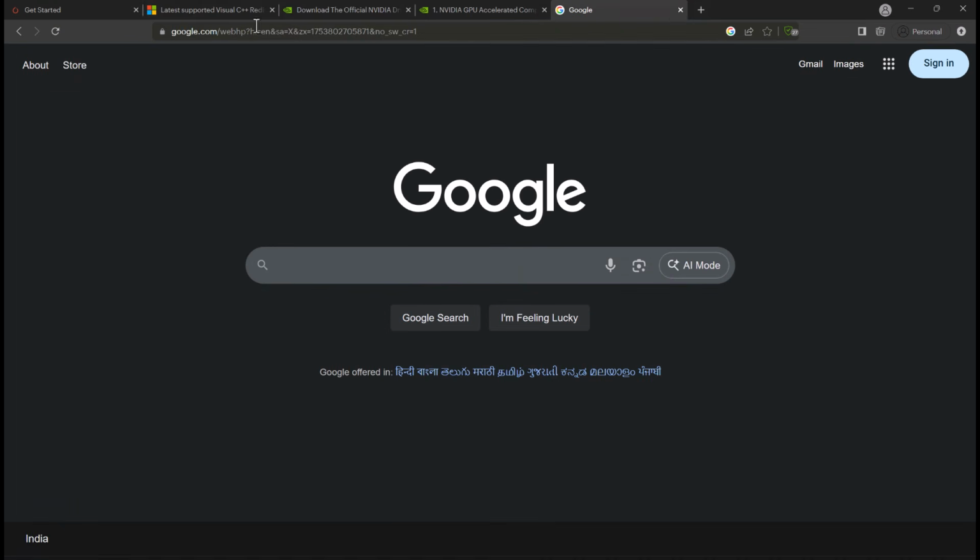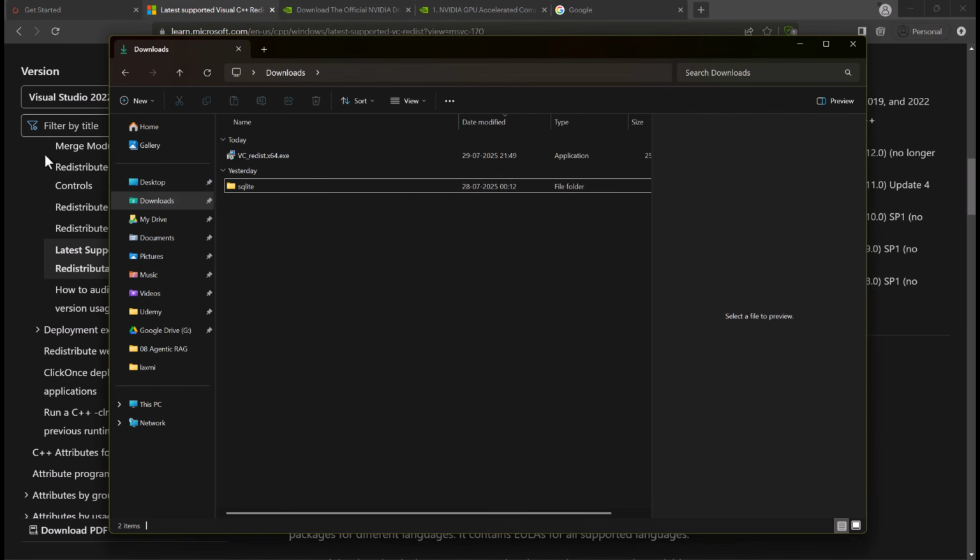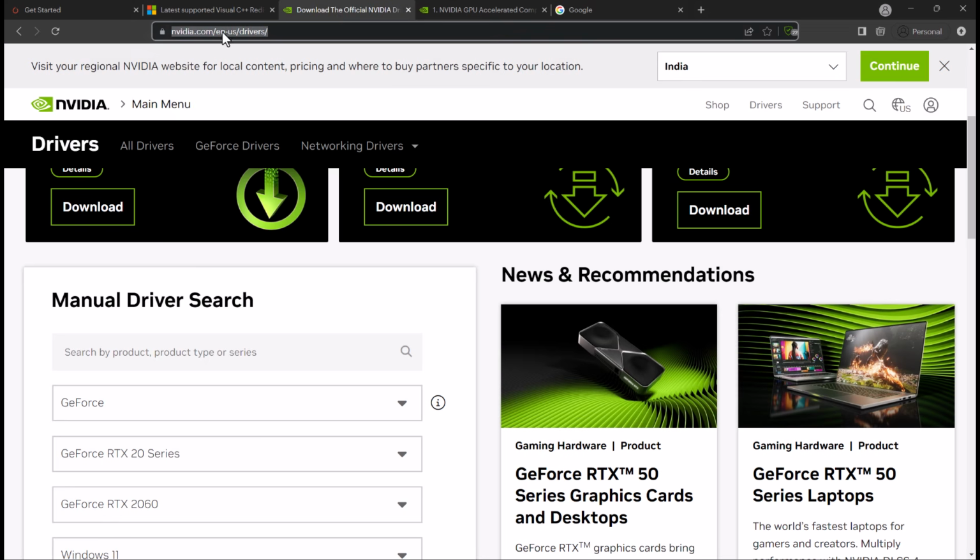Alright, so first of all, you need to come here at Microsoft. There you have to install as per your machine. If you have ARM or x86 or x64 version, you have to install this C++ compiler. Once you download and install this C++ compiler, thereafter you need to come to here, nvidia.com/en-us/drivers, and here